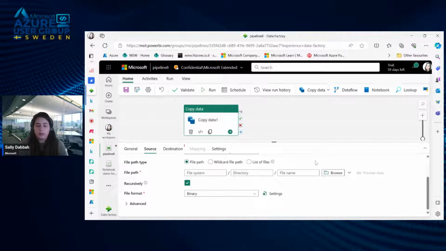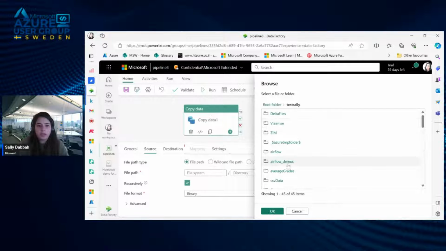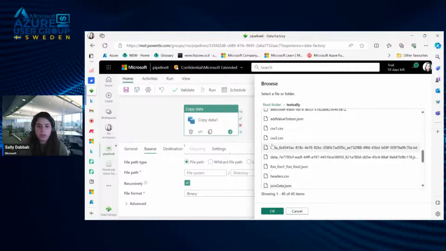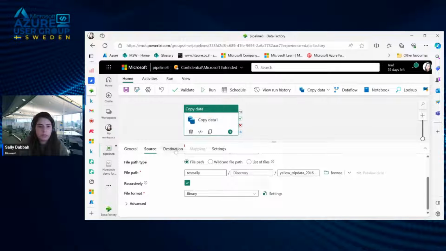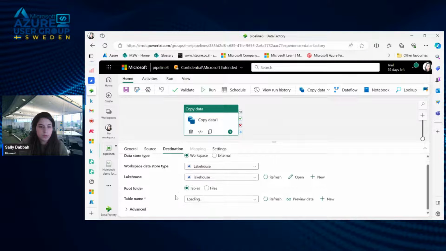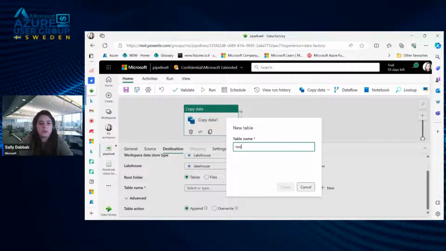Okay, I'll just select my file. I'm making a demo on how we can do partitioning if we are saving it into tables and not as CSV, because this is the only option that is available right now for my copy activity. Okay, so I don't know, this banner is preventing me. Okay, let me see. New. Okay, test.